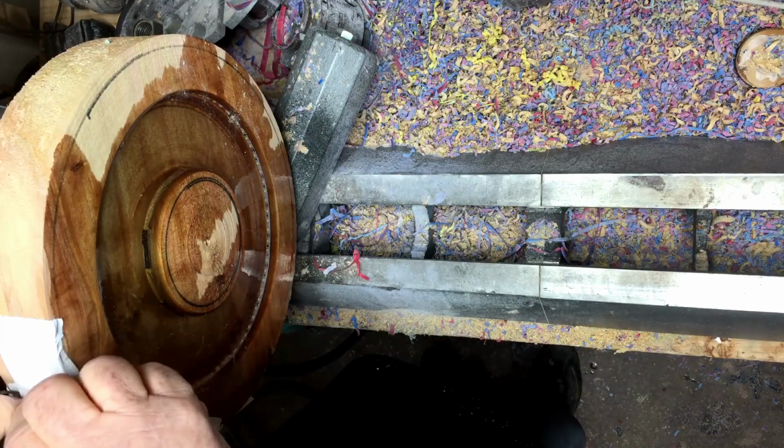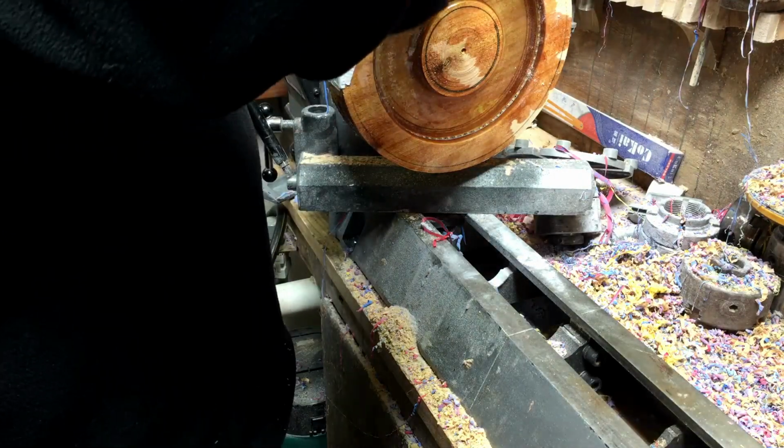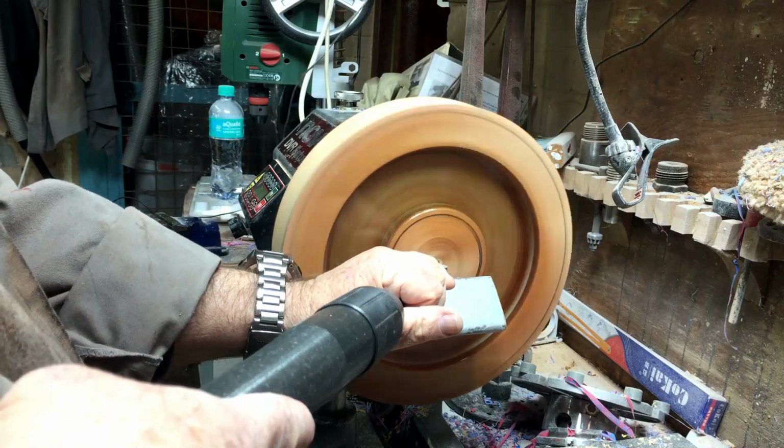I didn't put it in a pressure pot. I left it on purpose. I agitated all the time, trying to create bubbles. I don't see the bubbles at the moment. Maybe I'll see them later because they're small bubbles. But I did